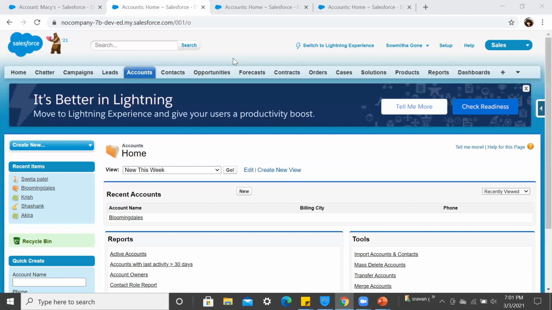So as per the UI, it is working like which relationship? Lookup relationship. But in the business logic, what is happening? In the background business logic, if you delete the parent record, the child is also deleted. It's a master-detail relationship. That's why the relationship between account and contact and opportunities is not a lookup, not a master-detail. It is a standard relationship. In the background, the cascade delete checkbox is enabled for the record. Cascade delete is true. That's the reason if you delete the parent record, the child record is automatically deleted.